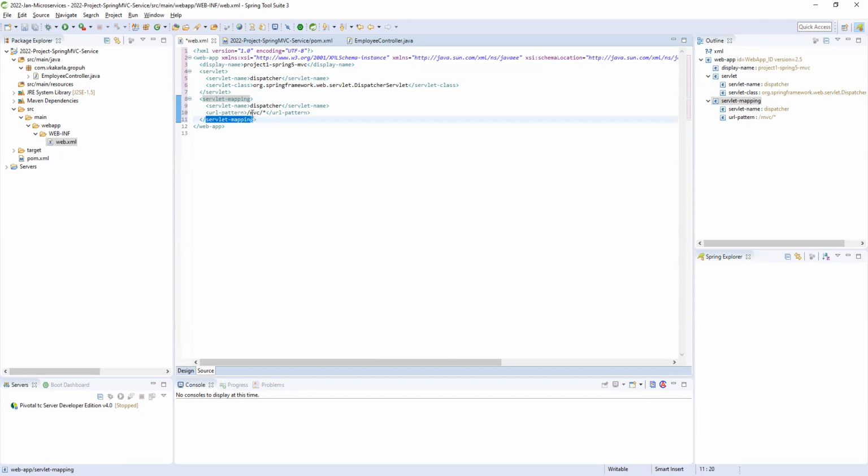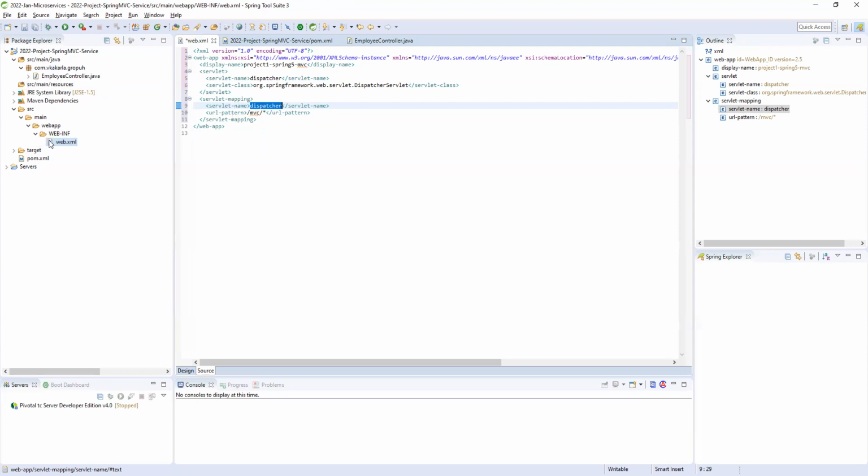So your class needs to map your URI. You don't need to give the MVC here. You can give just a slash. But to make our intention clear, we are creating our first MVC application, so I am giving MVC here. So here it is the MVC. That is fine. So web.xml is ready. Now dispatcher is the logical name, right? We don't need to configure a separate XML file here. Now our application web deployment descriptor is ready.